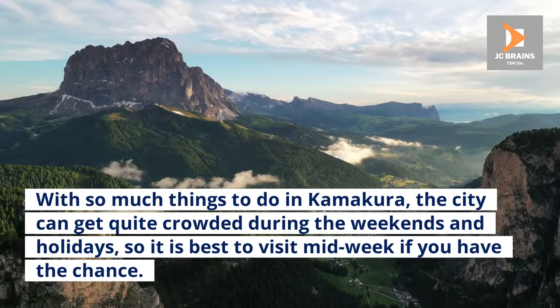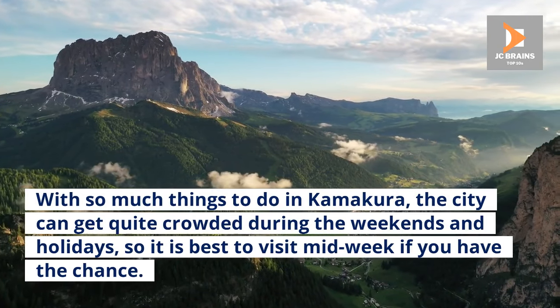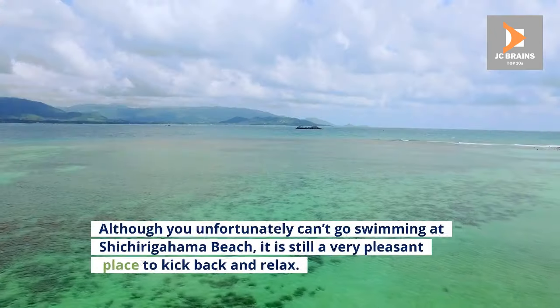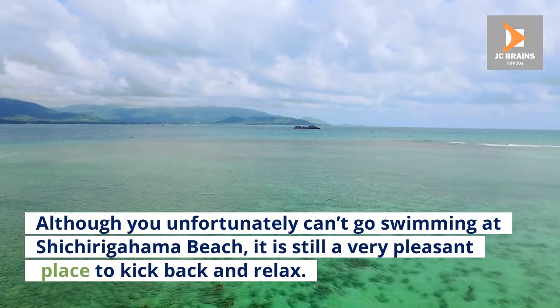With so many things to do in Kamakura, the city can get quite crowded during the weekends and holidays, so it is best to visit midweek if you have the chance. 10. Shichirigahama Beach. Although you unfortunately can't go swimming at Shichirigahama Beach, it is still a very pleasant place to